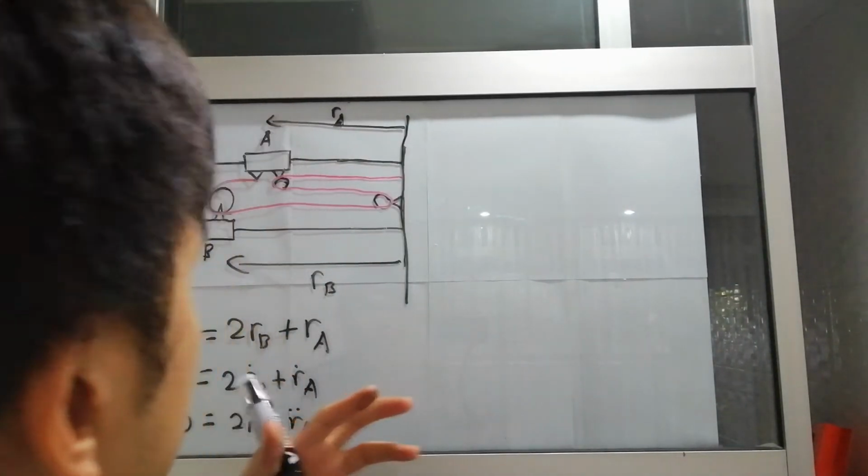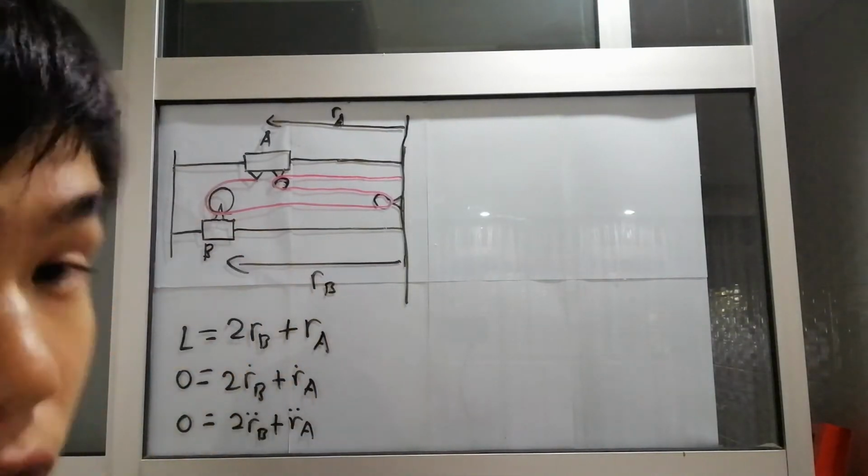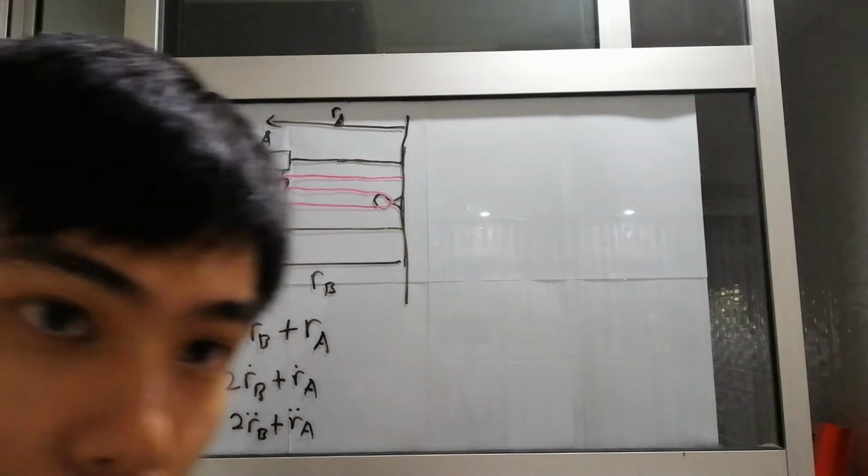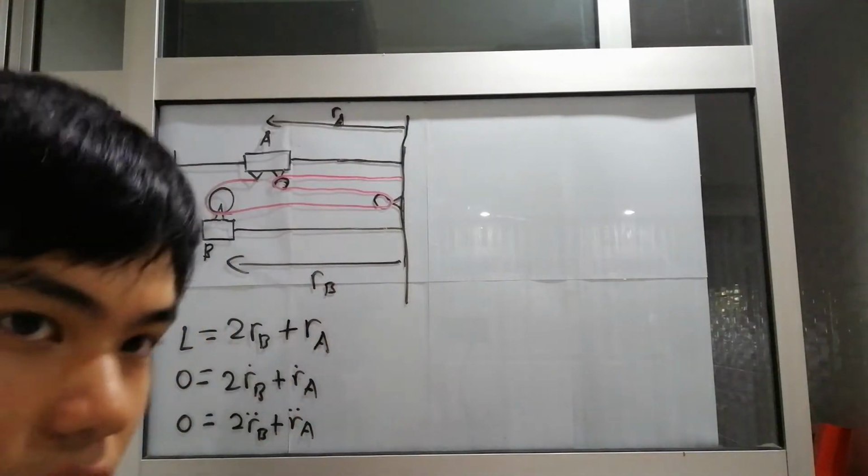Is the positive direction of A to the left or to the right? Is the positive direction of B to the left or to the right? How do we know it? So this is the way that we can actually discern which direction is positive, so-called positive in this sense. So if we look at it,